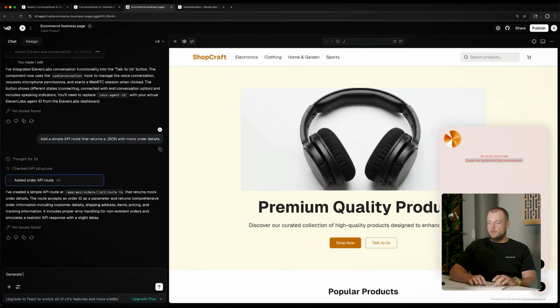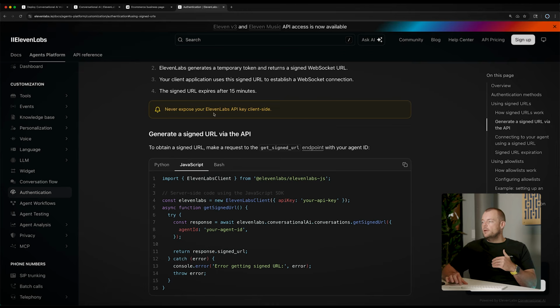So now what we can do is we can generate a signed URL using ElevenLabs.js in a secure server route. So as I mentioned, this approach, we will need a secure server environment because the ElevenLabs API key cannot be used client-side.